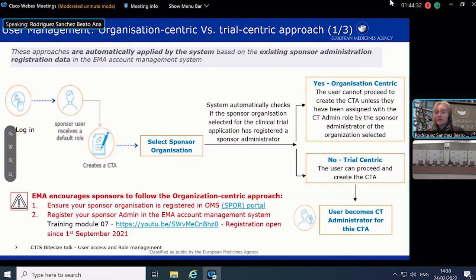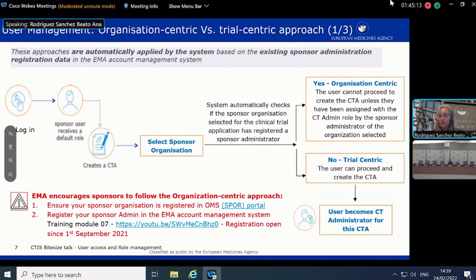What happens if the system does not identify any sponsor administrator linked to that organization? Well, what must happen is that the user can proceed and the system will automatically assign the role of CT administrator to that user, but specifically for the application that the user has created, meaning that the user can assign roles to other users, but only in the context of this particular clinical trial application, and obviously cannot assign roles or have access to information for other trials that other users may have created using the same organization.